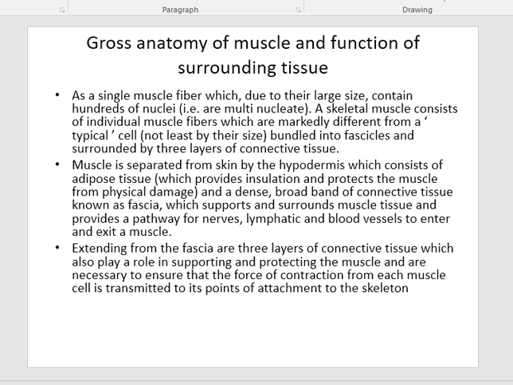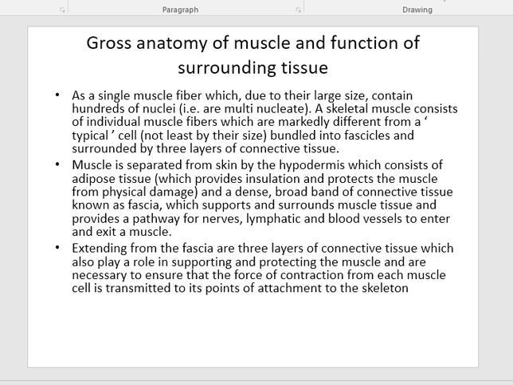A gross anatomy of the muscle and function of surrounding tissue as follows. A single muscle fiber, which is due to their large size, contain hundreds of nuclei, multinucleated muscle fiber. A skeletal muscle consists of individual muscle fibers which are markedly different from typical cells, not least due to their size. يعني مؤكد السايز مالتها كلش كبير بحيث multiple nuclei بيها and large one, bundled into fascicles and surrounded by 3